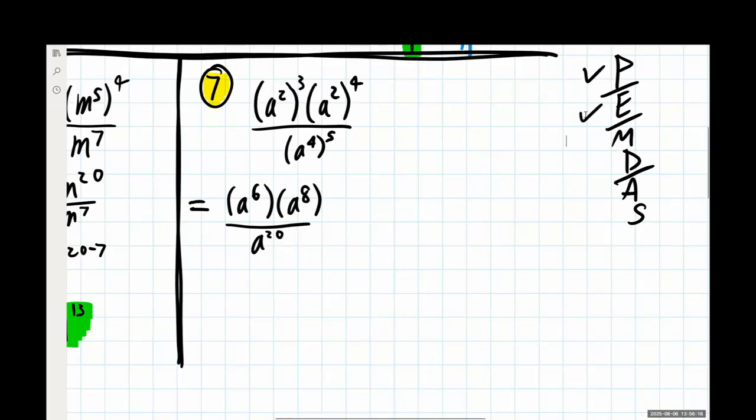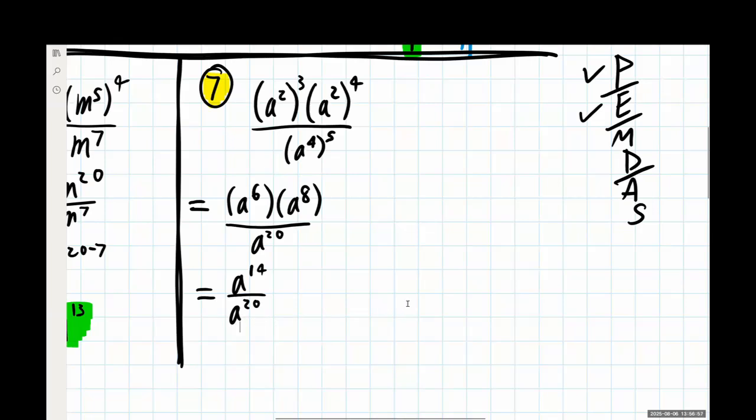And now I can start to see in the multiplication division phase, which one do I want to do first? I would recommend let's continue consolidating and combining this numerator down together to be a single thing before we start looking at doing the quotient property. Otherwise, that could get a little confusing. So in doing so, I'm getting a to the 14th power, just applying my product rule. And now I see I have a single a to the 14th up top, and then a single a to the 20th down below. I don't have multiple a's up here and multiple a's down below.